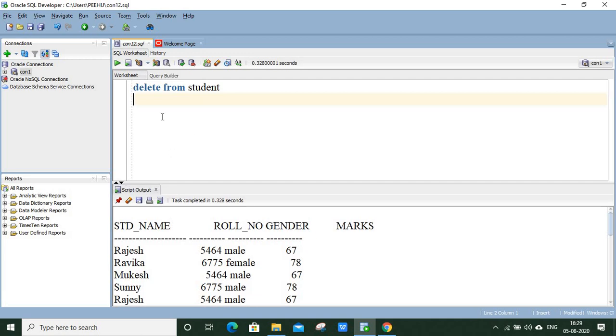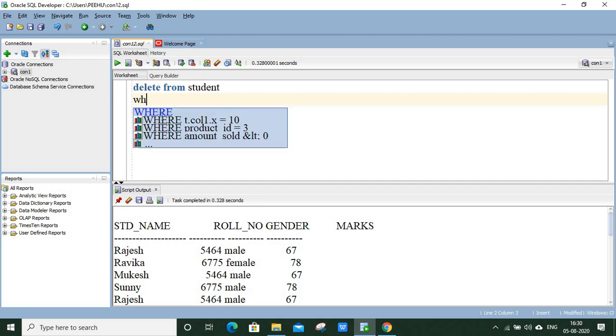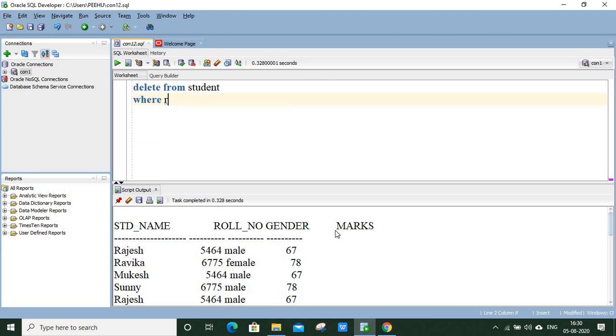When we apply some condition, we need to use the where clause, and then apply the condition on the columns present in this table, like where, let us say, roll number, and then we need to give some value.